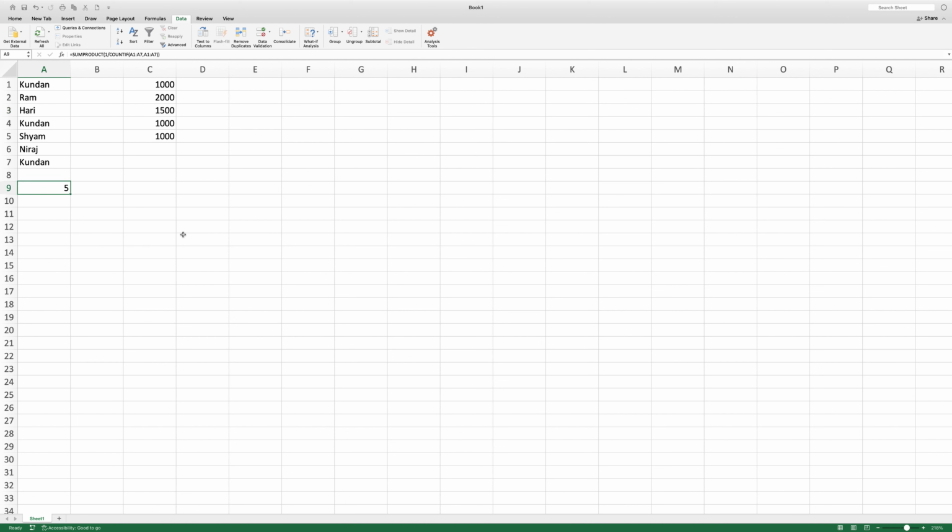Now this method will work for text as well as for numbers. Now let me go to this number, SUMPRODUCT 1, that means unique value, divide by COUNTIF, and then I will select the range from C1 to C5, and criteria also will be from C1 to C5. And then since I had opened 2 brackets, I will close 2 brackets, enter. So there are 3 unique values, 1, 2, 3, and these 2 are repeating. So in this way you will be able to find out how many unique values are there in an Excel.